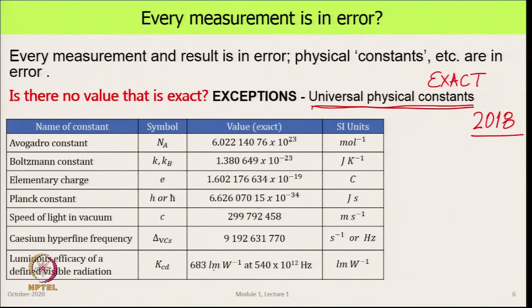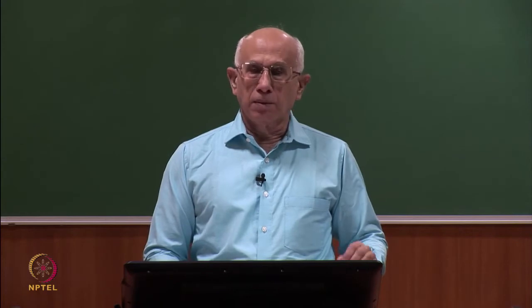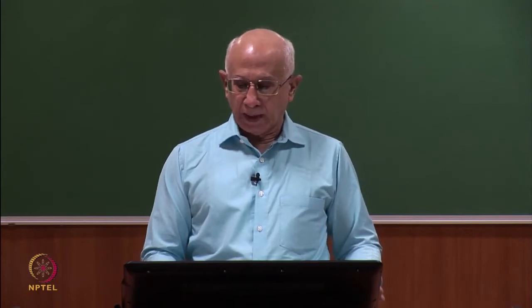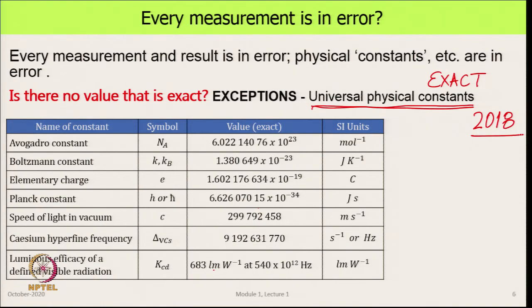Just 2 years back, scientists decided that these are the parameters or the physical constants which are exact, nothing else is exact, that is one. Second, they said, well, what is the value of these numbers if these are exact? So, you can see here in this table it says exact value. There is no uncertainty in these. So, they are exact,